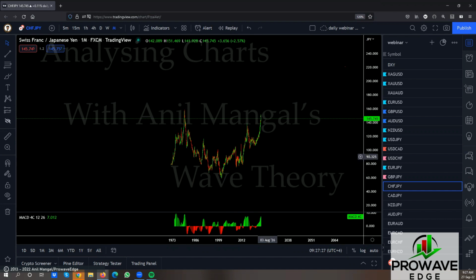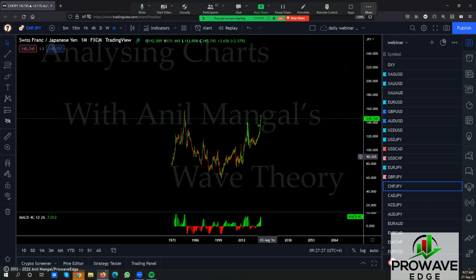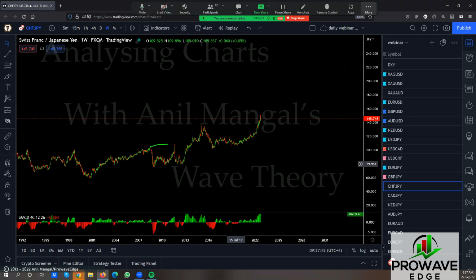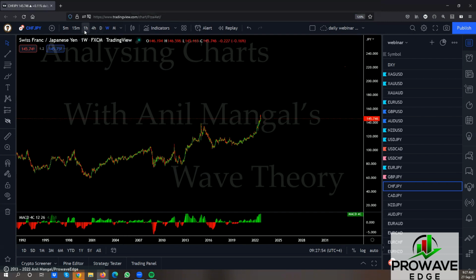As a matter of fact, we're looking for one of this, one of that, and then go back up. This has to be a flat, very similar to this flat. And if you remember those two flats, but to the weekly, it's going to be easier for you to see. So we had this one here. And now we're looking for a possibility to get this one. Come back here and then go. So if we get sell setups, that would be good. The range is huge. You're talking about a really huge range.